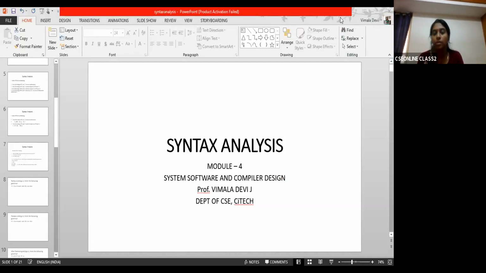about the properties of the context-free grammar. We know that there are three properties of the context-free grammar. One is ambiguity, the second one is left recursion, and the third one is left factoring. Out of these three properties, the first two are not desirable. And the third property, if the grammar allows, if the grammar is of that type, we are able to do the left factoring. That day we solved some 50% of the problems. Today we continue to solve the problems.